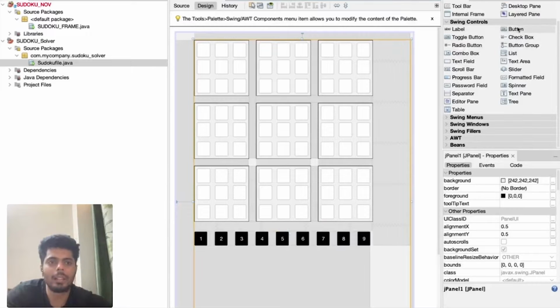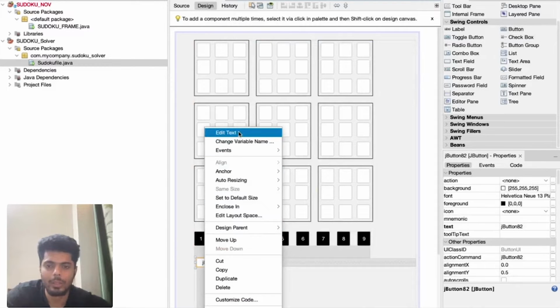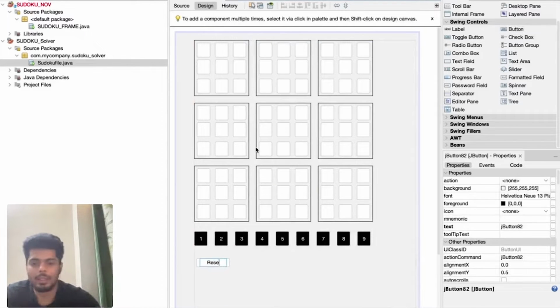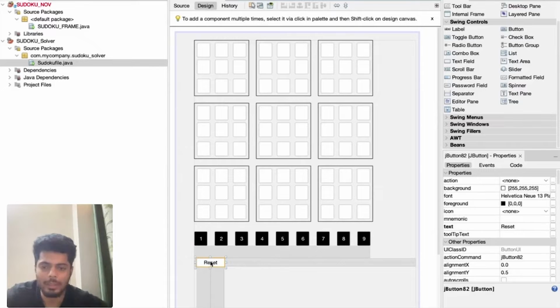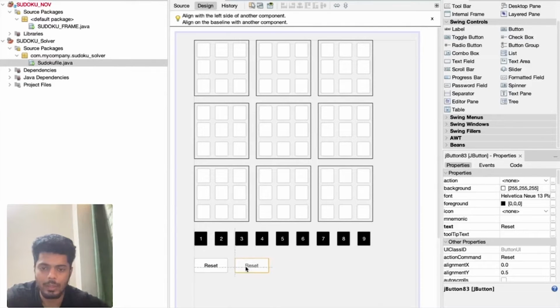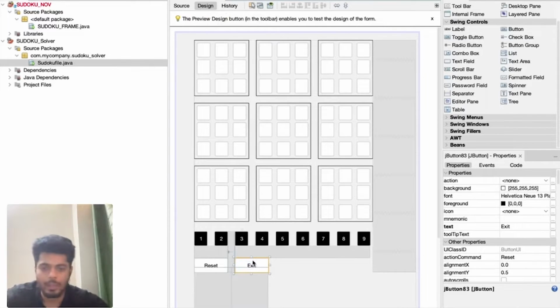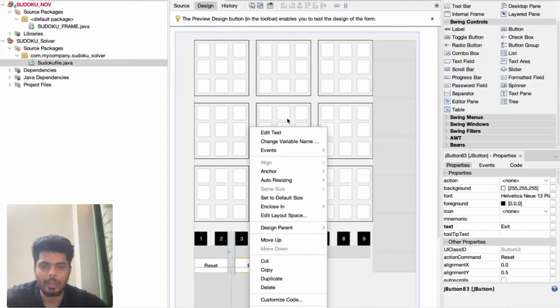So let's add the last 4 buttons here, which I want. This is a reset button. This must be an exit button.